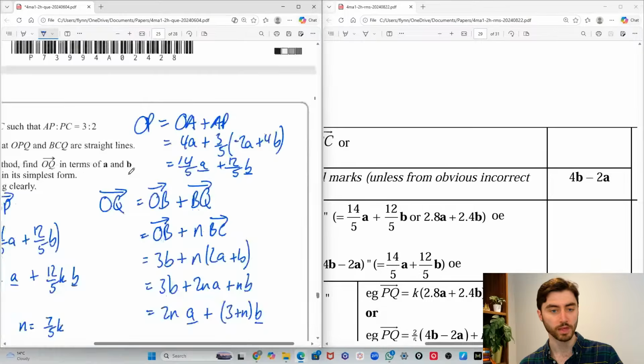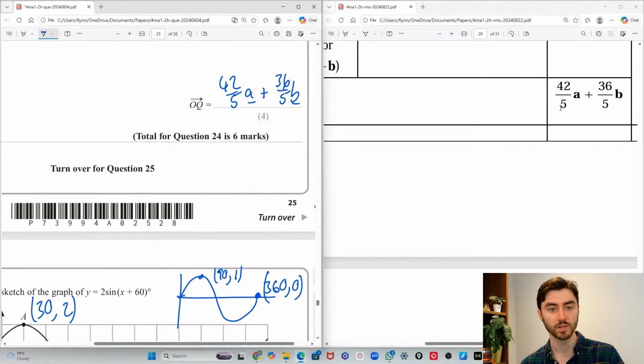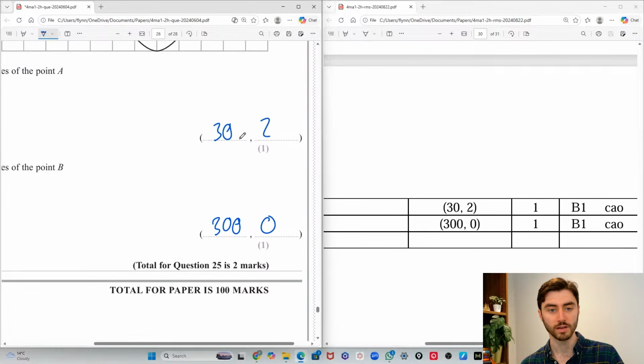Minus 2a plus 4b. This was complicated, but I got it. 42 over 5 and 36 over 5b. And finally, 32 and 300, 0. All good. So it's good that, in fact, let me close those down so I can drag you across and